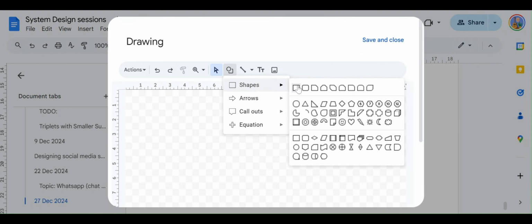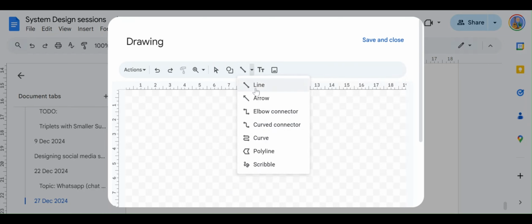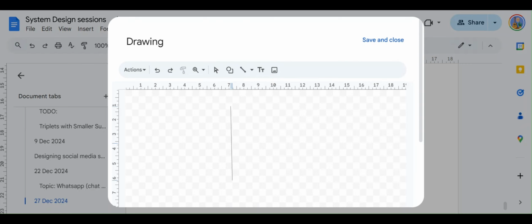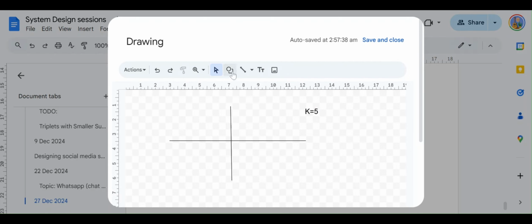Generally, how a quadtree works is, let's say you have a region. You split the region into four quadrants, and what really happens is you start with a number k. Let's say there's a number k, maybe 5, for example. So let's say there are a bunch of drivers. We split the entire globe into four quadrants initially, and now there are a bunch of drivers.